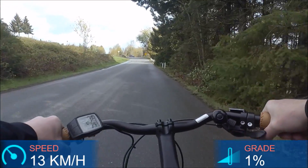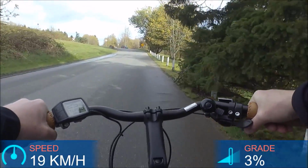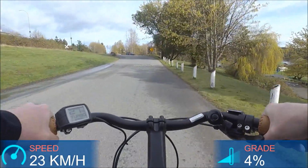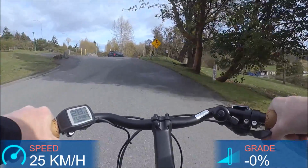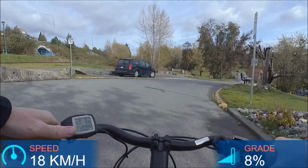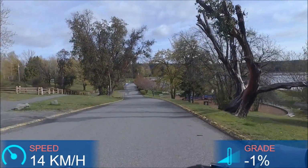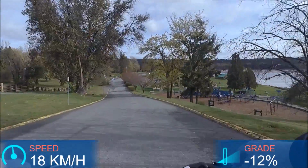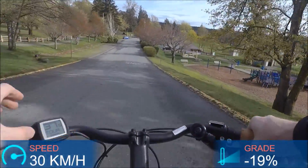So I'm definitely noticing the power, even on turbo, being a lot more subtle. It's very quiet. I can barely hear the motor, especially once you get up to higher speeds. Just going to check for a speed wobble here. That is to make sure that a lot of times with a step-through, there it is, at a certain speed,